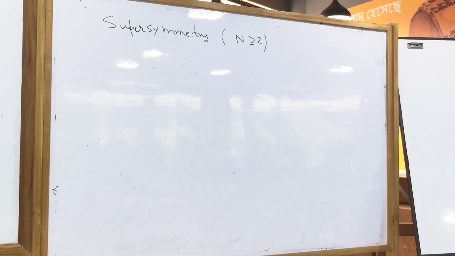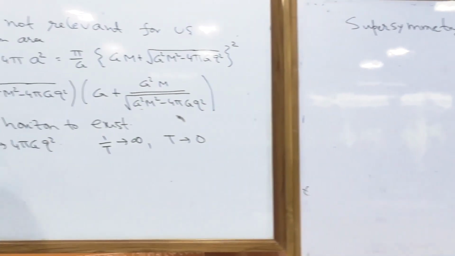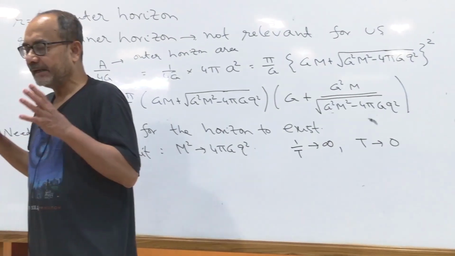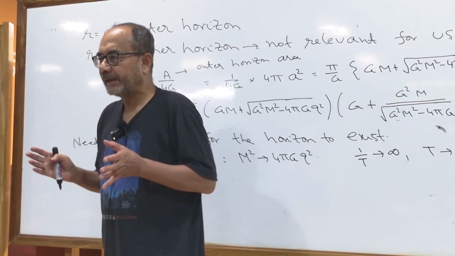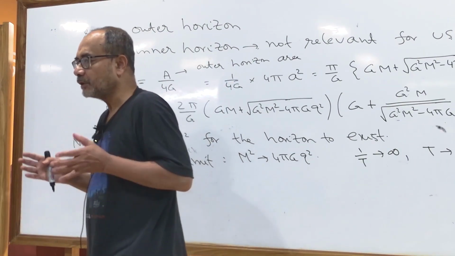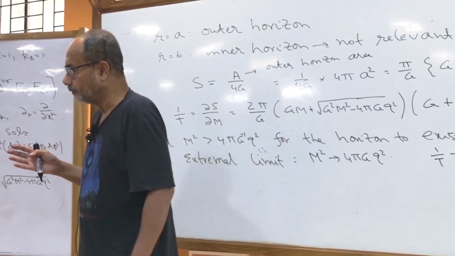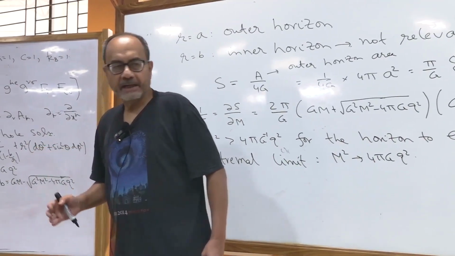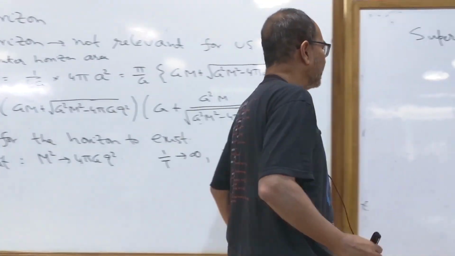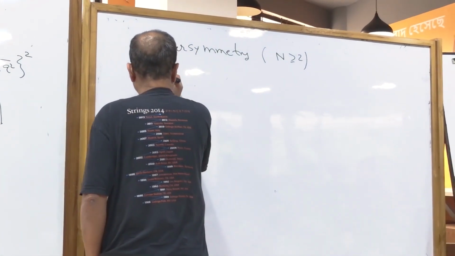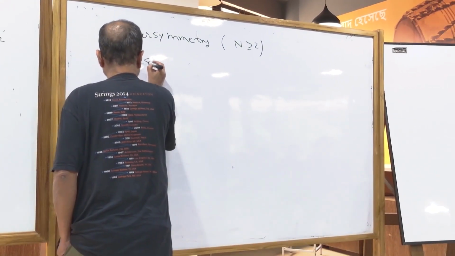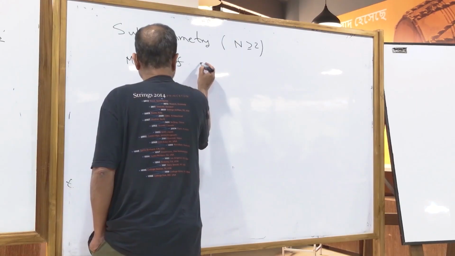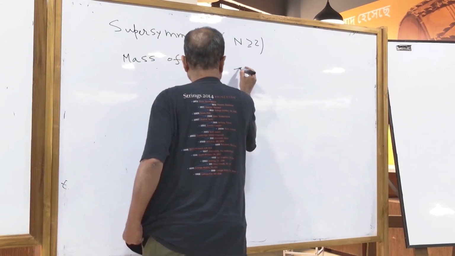So in a supersymmetric theory, based on supersymmetry, you can put a bound on the mass of a charged particle. And that bound in a supersymmetric theory: the mass of any elementary or composite particle